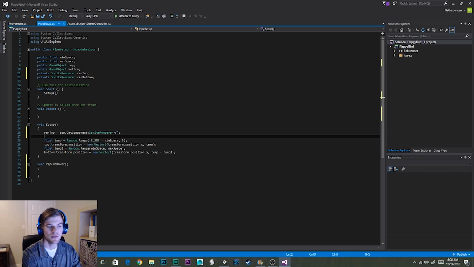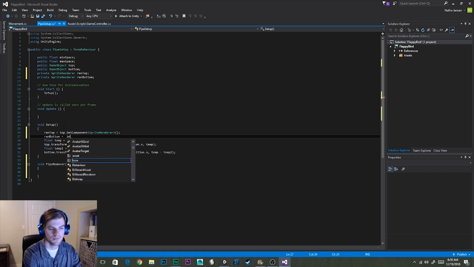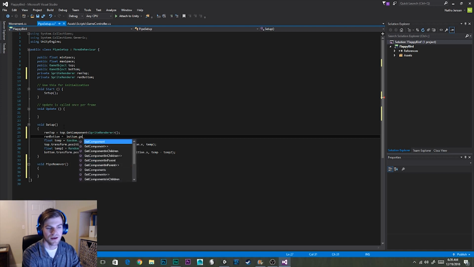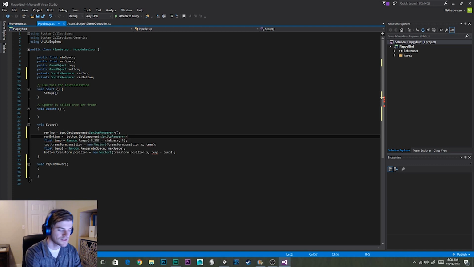Now let's do the same thing for our ren bottom. So ren bottom equals bottom dot get component, carets, sprite render, parentheses, semicolon. Now we can use these to check to see if they're visible, because the visible aspect of a game object is always on the renderer. Whether it is a sprite renderer or a mesh renderer, it's going to have a boolean that checks to see